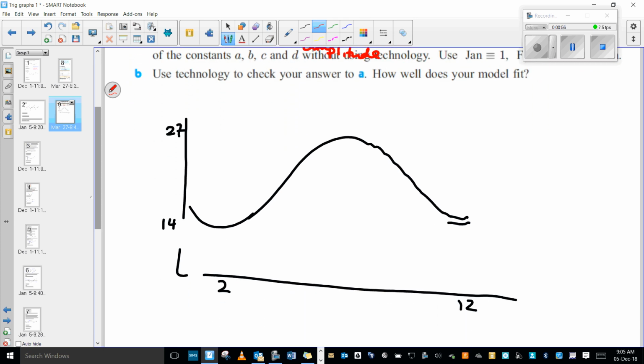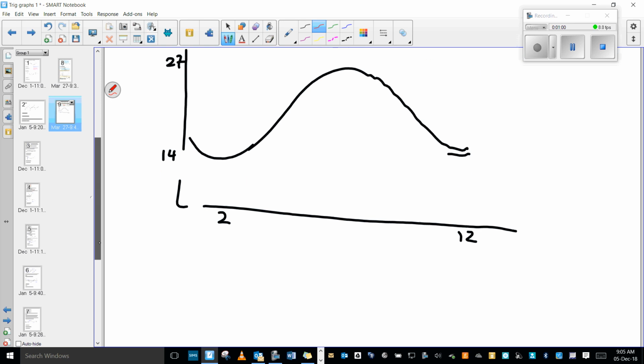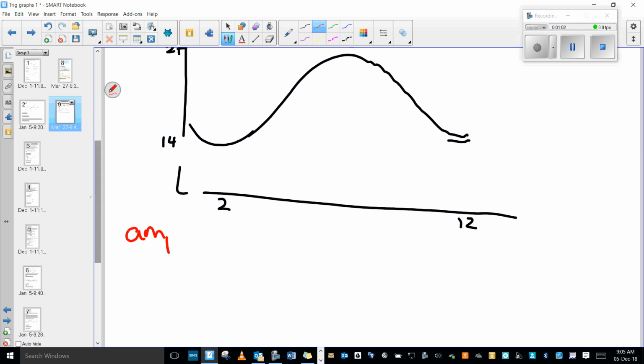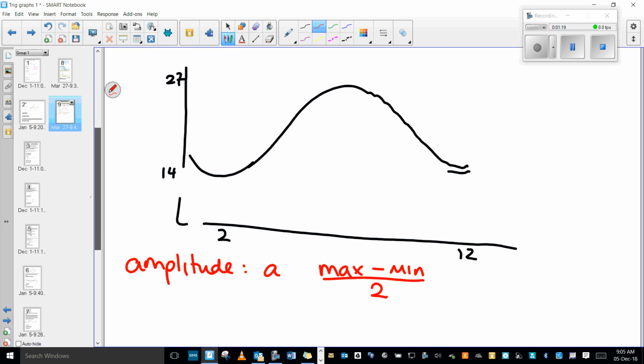We take our max, so the amplitude would be A, and so that's the maximum value, subtract the minimum value and divide by 2. Remember that now? So what is our maximum value? 27. And our minimum value was